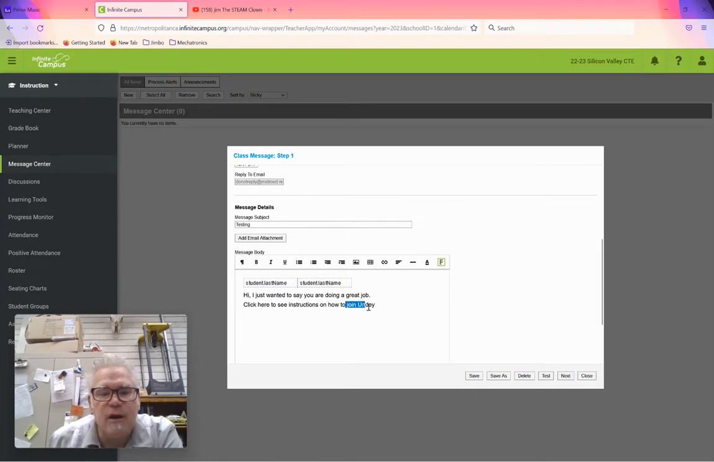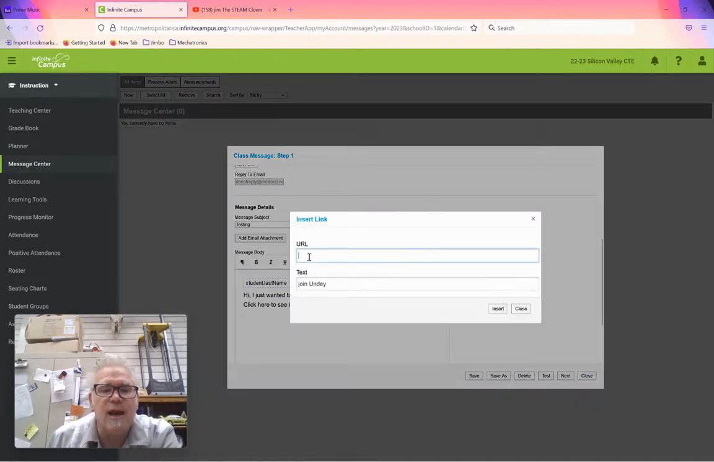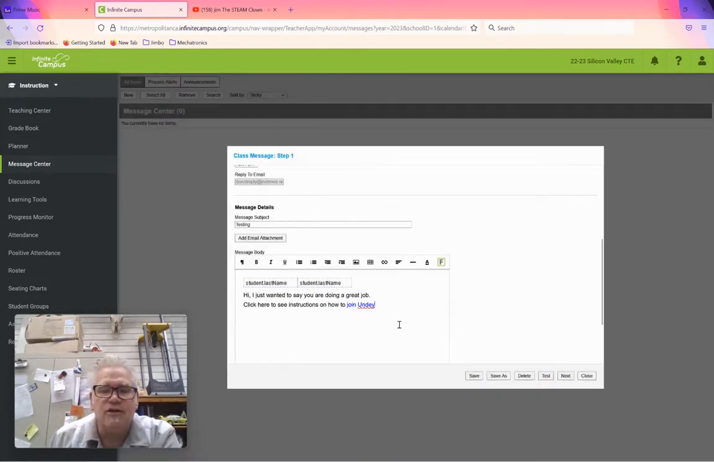So then I could highlight that, and I can put a link in, and I can insert link, and now I can actually paste that link that I did. And so now you've got some nice stuff in there. So you can actually format this any way you want. Mr. Burnham, right? And so now I've got this set up,